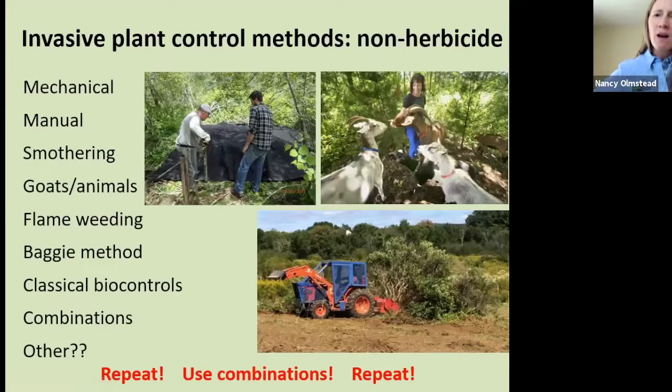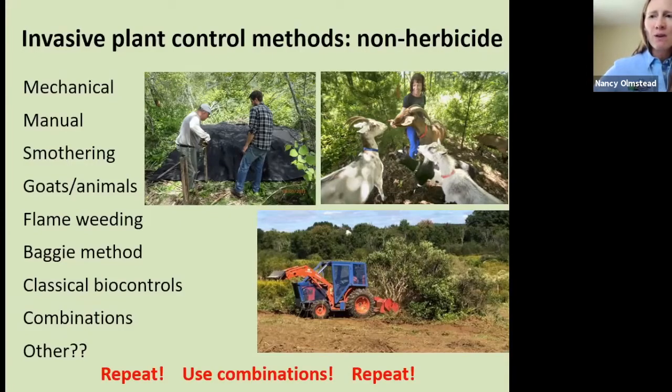So there are many non-herbicide methods of invasive plant control. Mechanical methods, good old put, pull, cut, dig. Manual methods, so mechanical and manual, I use those somewhat interchangeably, but I think of mechanical as something mechanized. So like this little modified bobcat skid steer down there, dealing with brush mowing those woody invasive plants at the bottom. Smothering, such as with tarps, and we'll talk more about that. There are goats or other grazing animals. There's flame weeding, the baggy method, which I'll show you a photograph of, classical biocontrols, which are insects that are